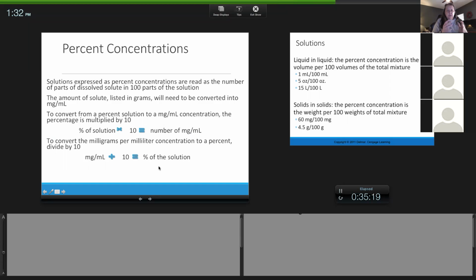When you have a percent solution, if you have a 6% solution, that automatically means 6 grams for every 100 mils of drug. But the problem is we need to get that to milligrams of drug. So 6 grams per 100 mils, let me type it out down here. 6 grams per 100 mLs is equal to 6,000 milligrams per 100 mLs, which is equal to